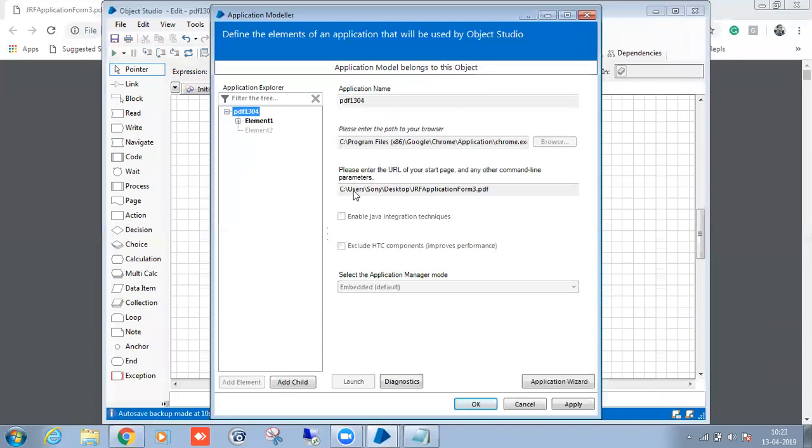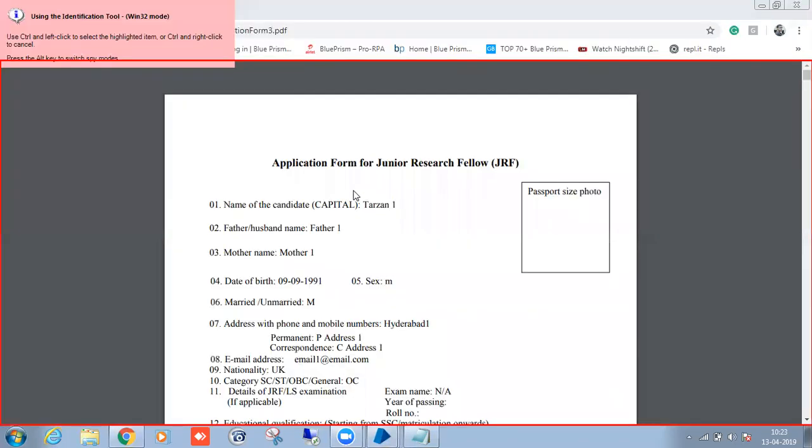First the complete region. Complete region I have to spy.